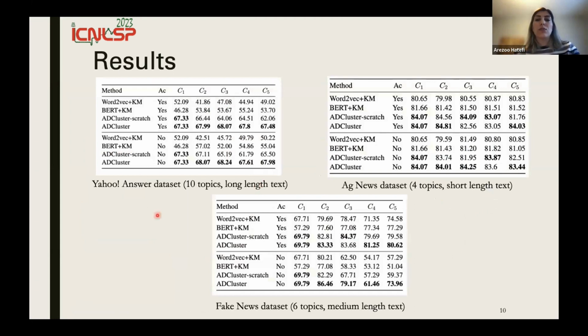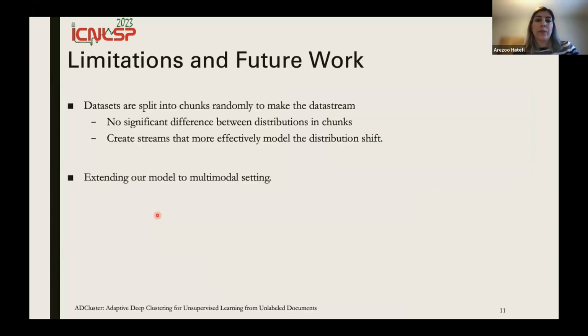And as you see, for the 3 datasets, in most cases, ADCluster outperforms these static baselines. And also, in most cases, it outperforms the ADCluster trained from scratch. So it shows that our model has the capability to adapt to data streams as well.